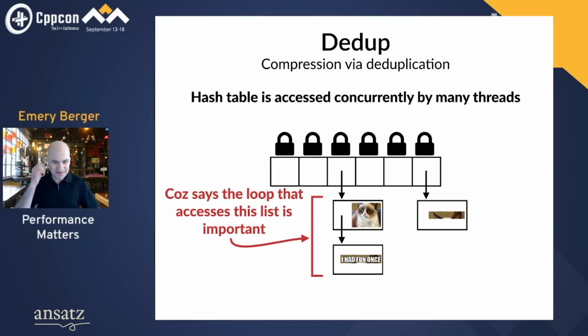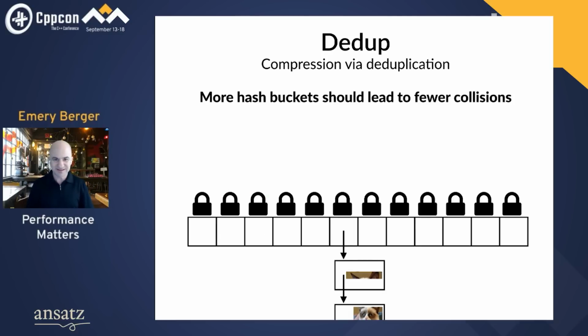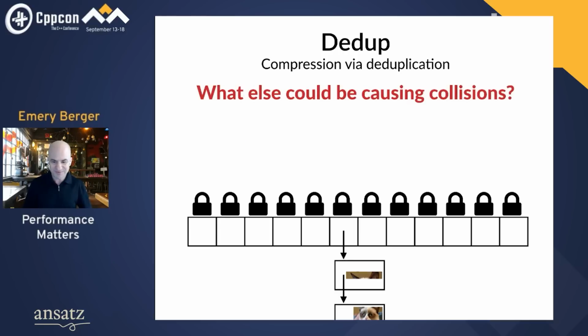Coz specifically said that code in this list was important, that the loop where it iterates through this thing looking for a hit or looking for an empty bucket to insert something was very important. So we thought, wow, maybe the hash table is just too small. There's maybe a small number of these things. And we said, okay, we need to spread out the list better. So we added a bunch of hash buckets. In principle, more hash buckets should lead to fewer collisions. But in practice, we got no performance improvement. So what else could be causing